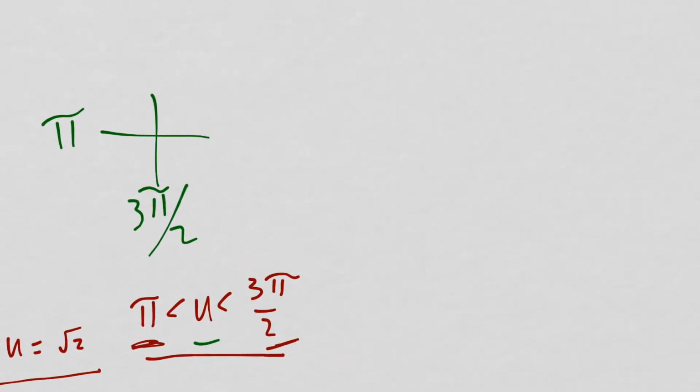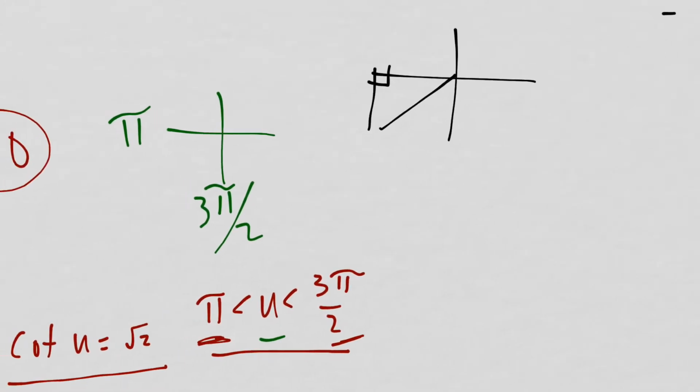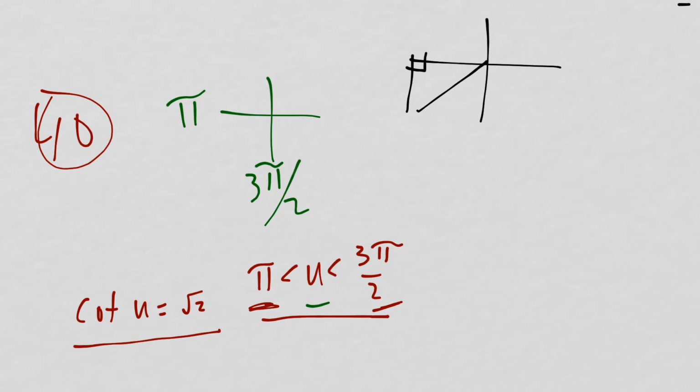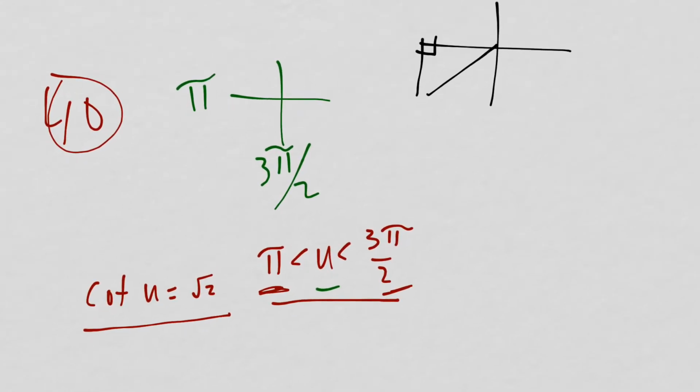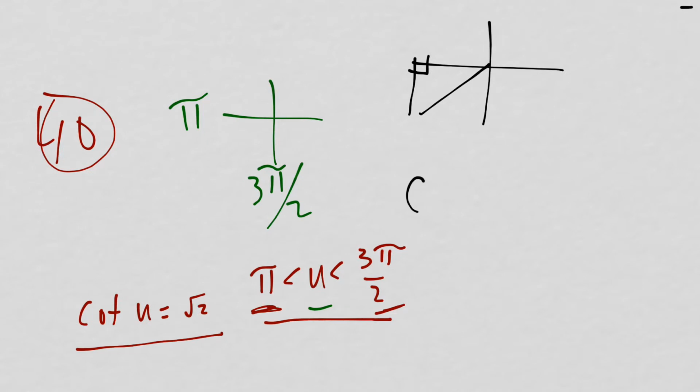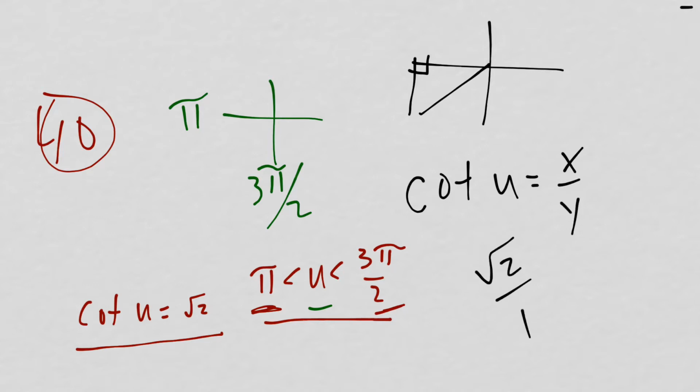So if I make that triangle, I'll put it down here. There's my right triangle. It means both my x and my y are going to be negative. Cotangent is the reciprocal of tangent. Tangent is y over x, so cotangent of an angle is going to be x over y. So my x is going to be the square root of 2. My y, I'll just put 1. So it's negative square root of 2